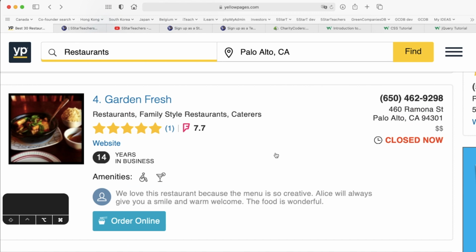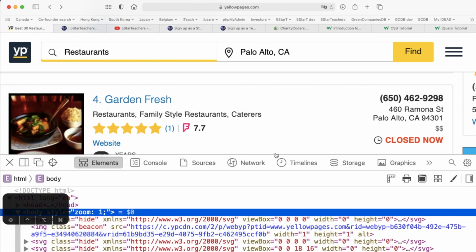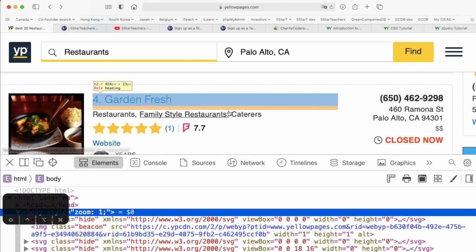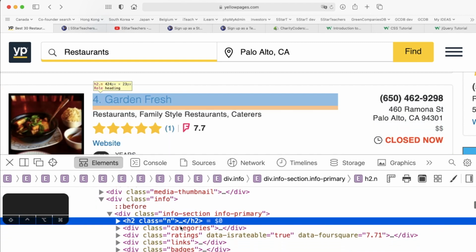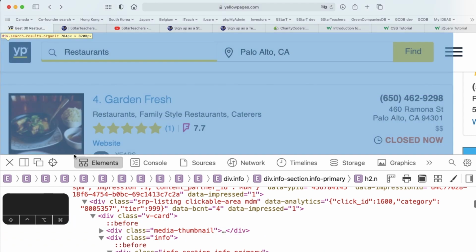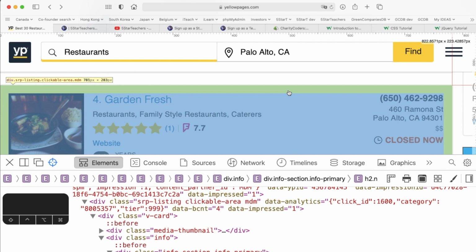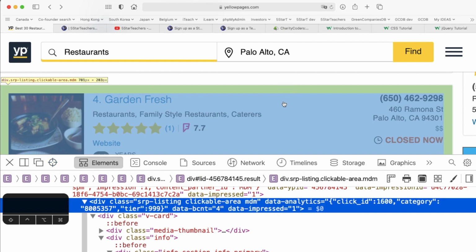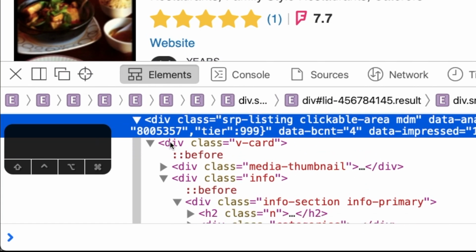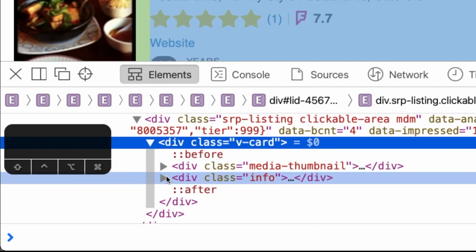Open the Web Inspector, Option Command I on a Mac, or simply right-click and choose Inspect Element. If you do this, you'll see how the content on this page has been structured. You can also click this target icon in Safari and then simply hover over the elements. Click, et voila. There you have the HTML for that specific element.